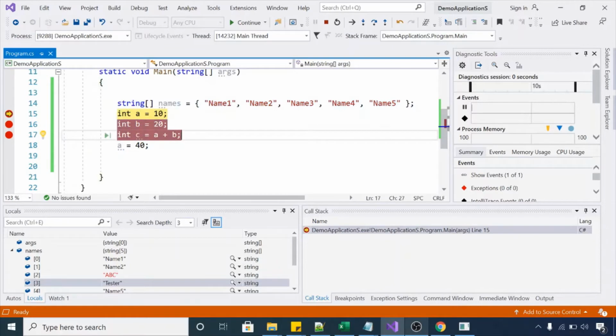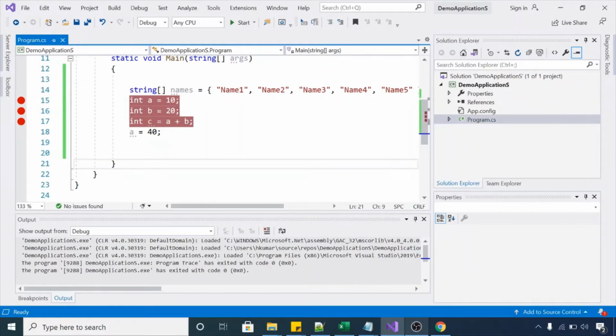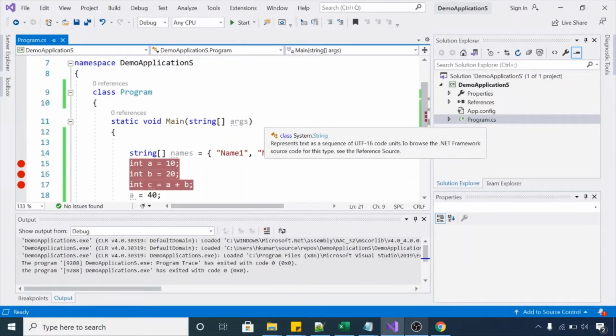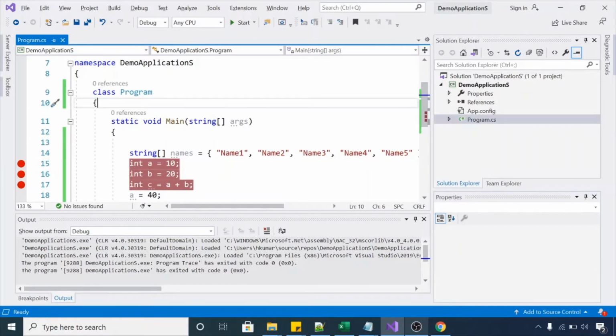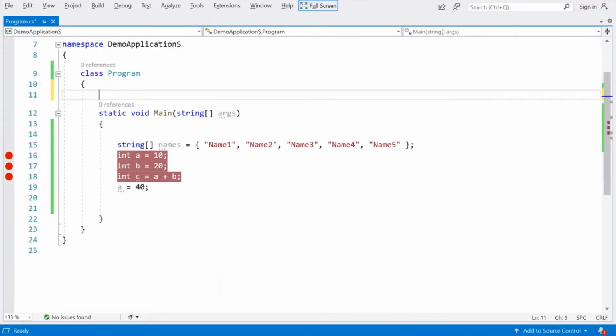Okay, so if we exit from this main method, let me create one more method to show what is local scope. Okay, so I will create one method here, public int add two numbers, integer a comma integer b.